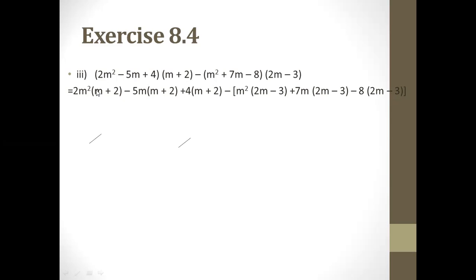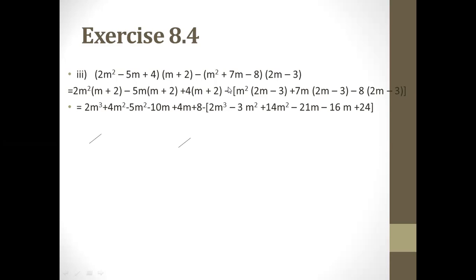Now this 2m square multiply with m, so m square into m cube, we get 2m cube plus 2 2s are 4m square, and here minus sign, so it will change the inner sign, 5m into m, so it will be minus 5m square, and outside the bracket minus sign, so it will change the inner sign, plus minus minus, 5 2s are 10, and this m variable we write as it is, plus 4 into m, 4m, plus 4 into 2